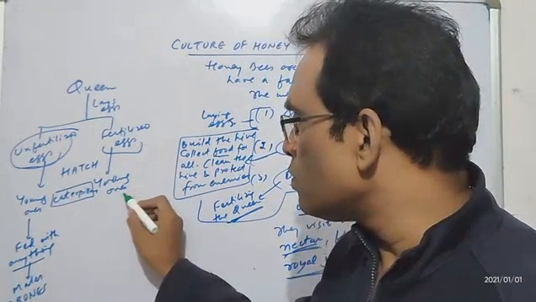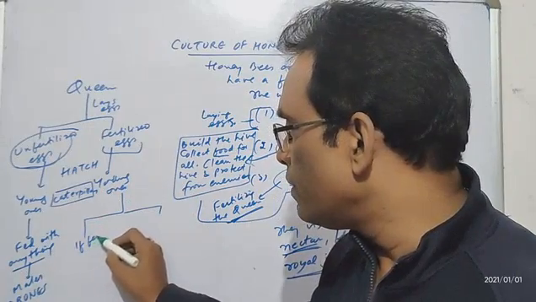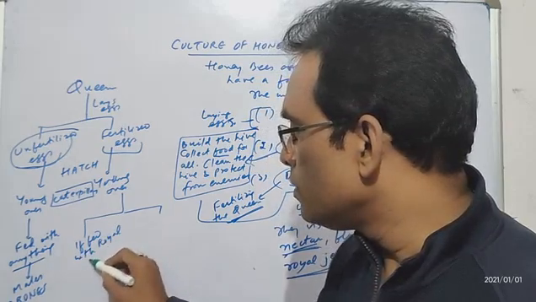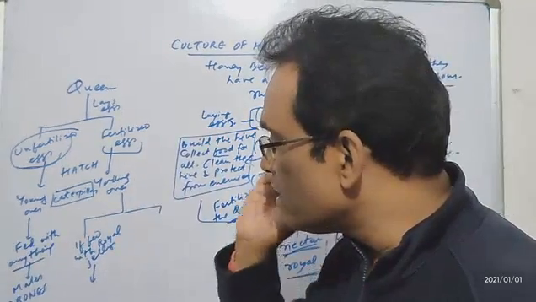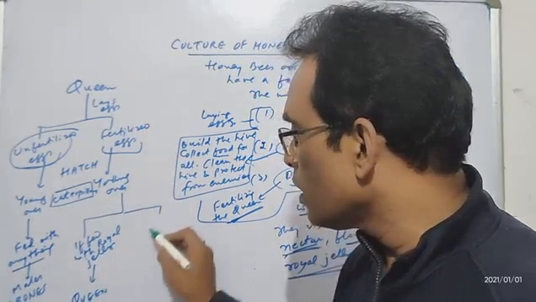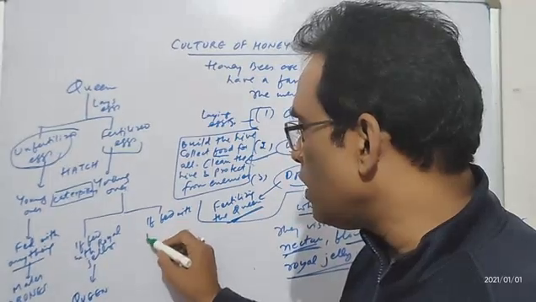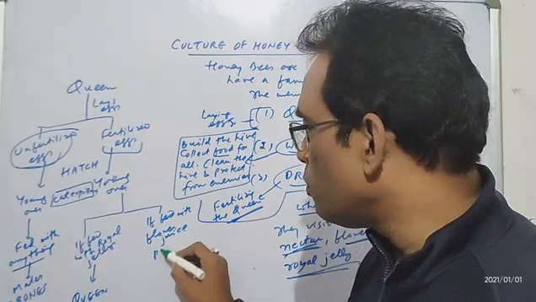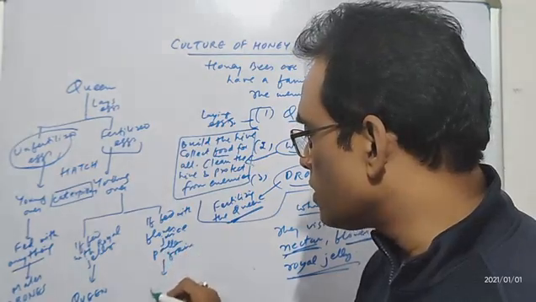Fertilized eggs also hatch into young ones, and these young ones, if fed with royal jelly, जो मैंने बताया बहुत मुश्किल से मिलता है, those fertilized eggs or the caterpillar from fertilized eggs will develop into queen. And if it is fed with general flower juice, जिसको आप नेक्टर भी बोल सकते हो, और pollen grain, अगर ये खिलाया गया है इसको, so this will hatch into the workers.